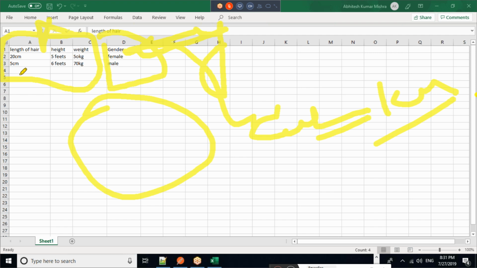Let's suppose I'm taking one input here: length, then height, then weight. On the basis of